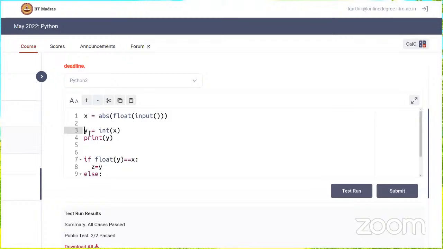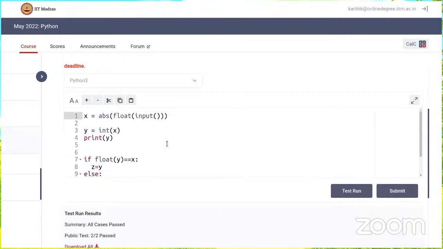See, you are already converting y into an integer, right? Your y is an integer. Now float of y is going to be just dot zero, right? For example, if y is 3, it's just going to be 3.0. So that's not a problem, right? I don't think that's the issue.